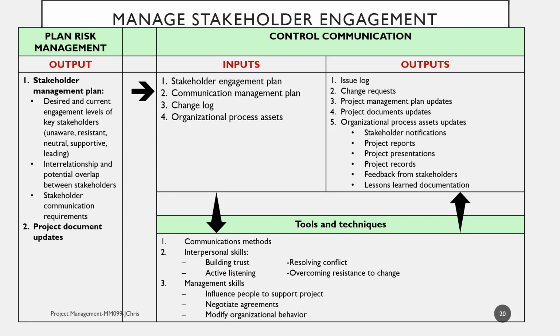In managing stakeholder engagement, we use the output of plan stakeholder management, which is stakeholder management plan and project document updates, to become the inputs here: stakeholder engagement plan, communication management plan, change log, and organizational process assets, using tools and techniques such as communication methods, interpersonal skills, building trust, active listening, resolving conflict, and management skills to influence people to support the project, to negotiate agreements and modify organizational behavior, which output 5 major things: